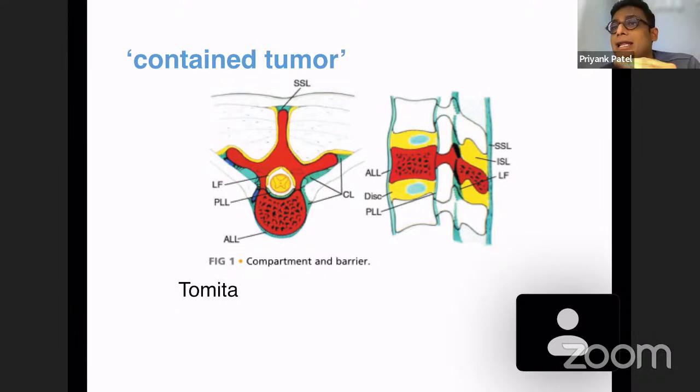So this is how your vertebra is, and then you have barriers around the vertebra, which are the intervertebral disc. You have got the posterior longitudinal ligament. All of these are